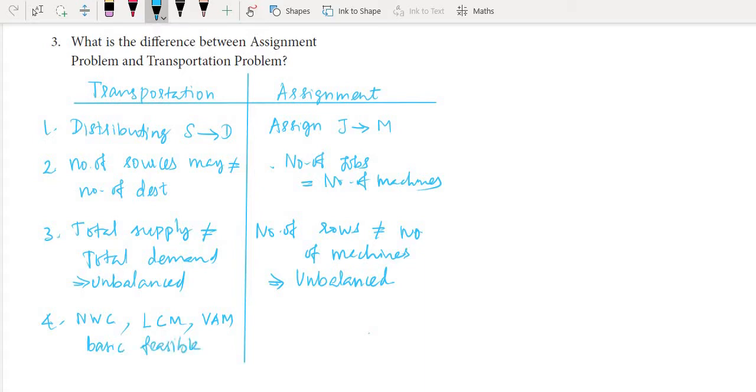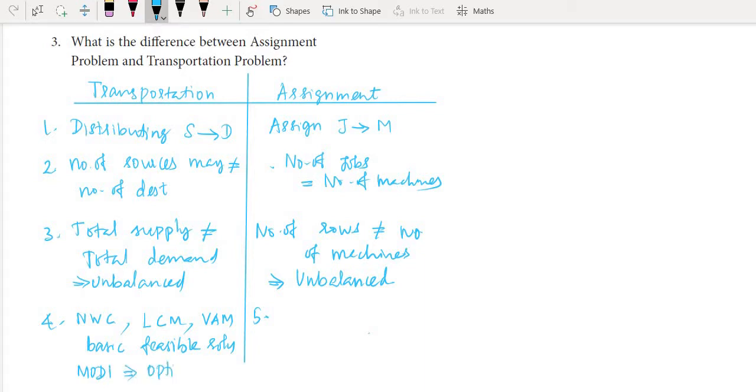They are not optimal. So these three methods are giving only an initial basic feasible solution for a transportation problem. We have to use one more method, called the MODI method, which is not in our syllabus,